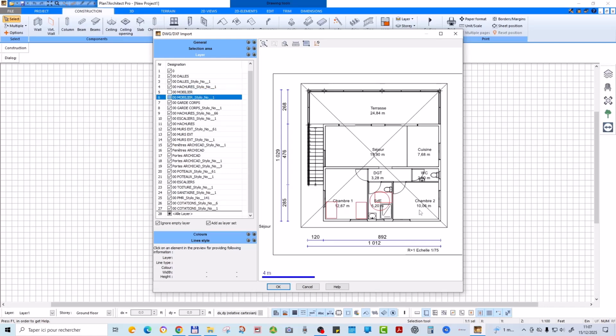Are the furniture layers present or not? Are the hatches present? Do the stairs appear or not? It's very practical to be able to change the appearance during insertion.